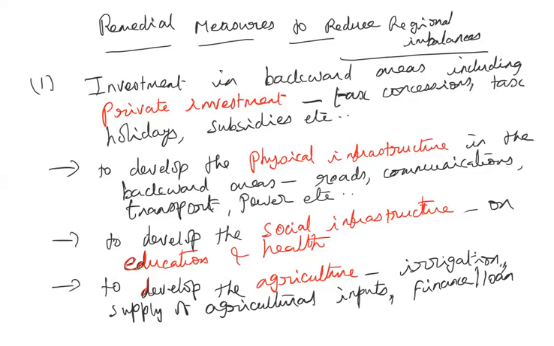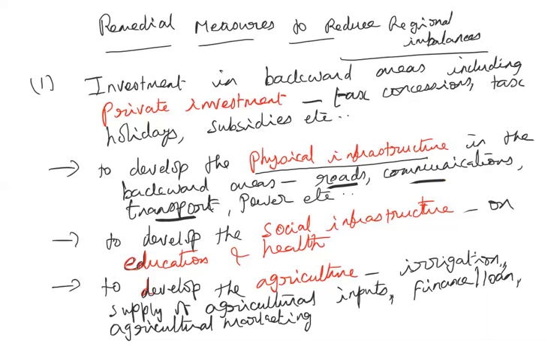So finance or loan to the farmers, and then agricultural marketing. They should be able to sell the commodities in the urban areas at the market price. For that, they are having so many problems. So for that, this physical infrastructure is very, very necessary. Rural roads are not that good. The communication facilities are not good. The transport facilities in the rural areas are not good. The availability of electricity is not good. So all those facilities will enable the farmers to sell their produce in the market at the market price.